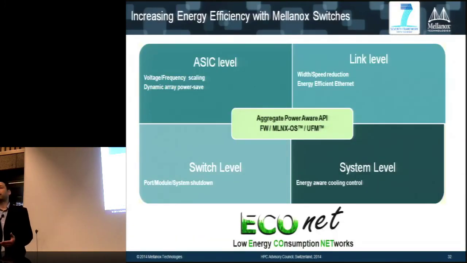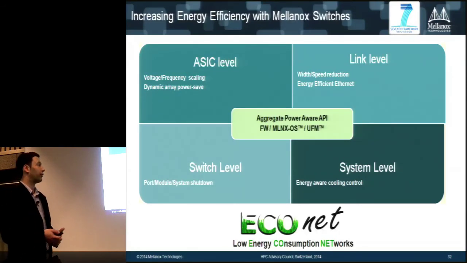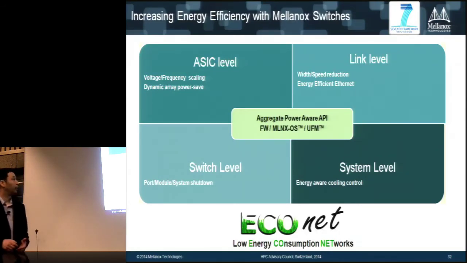So we went again and looked at the different components in the system where you can optimize on power demand and power consumption, and we realized that it's all over, right? You have the link level where you can save power on the link itself. You could reduce the width. So today the typical width is by 4 on the SerDes. On PCI Express, it's actually by 8 or by 16. And when you're light on traffic, you don't need to utilize all this by 4. You can power off lanes and reduce the power demand.